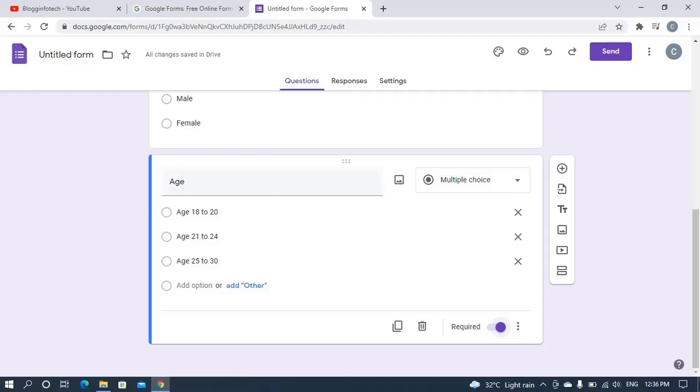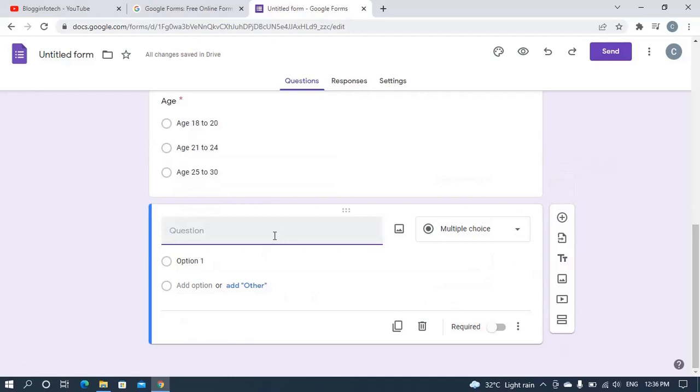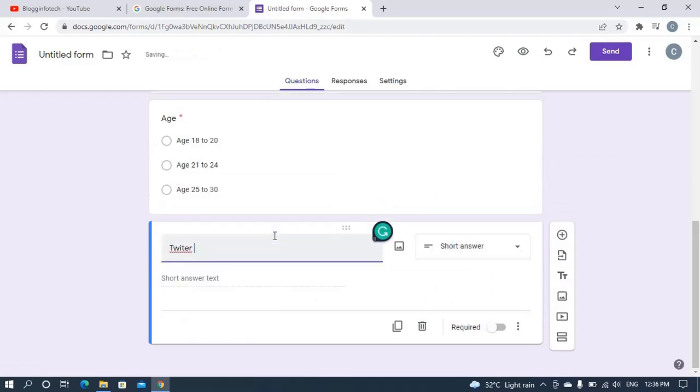Okay, we've got the age, the name. Okay, let me see, social media profiles. Is that really important? Okay, let me see, maybe a Twitter handle or something like that. You can say Twitter handle. This should be a short answer. There's no doubt about that. So it might not be required, so I can leave it. It's not important actually, but if you want to include your Twitter handle or your